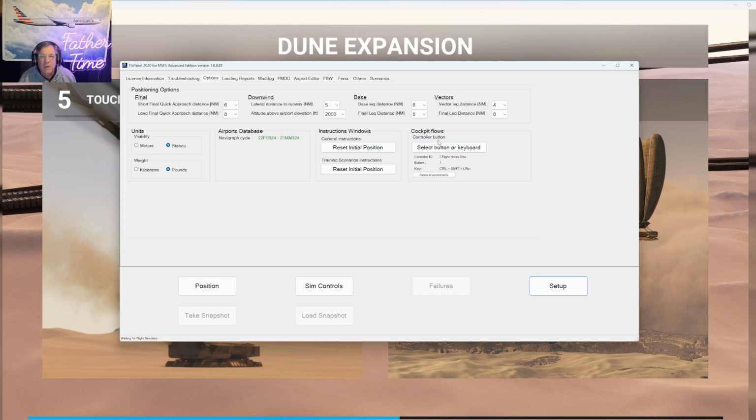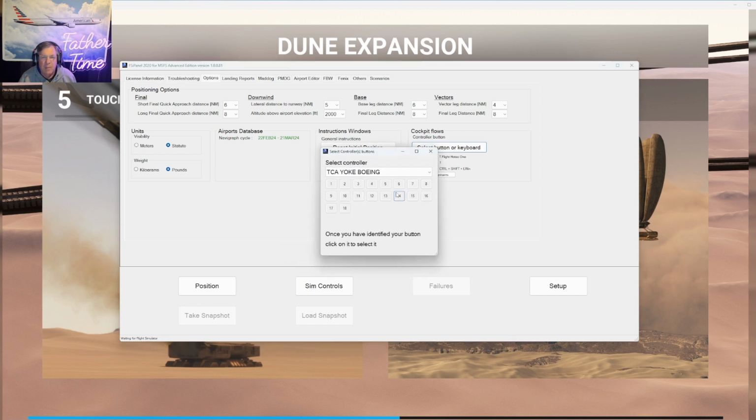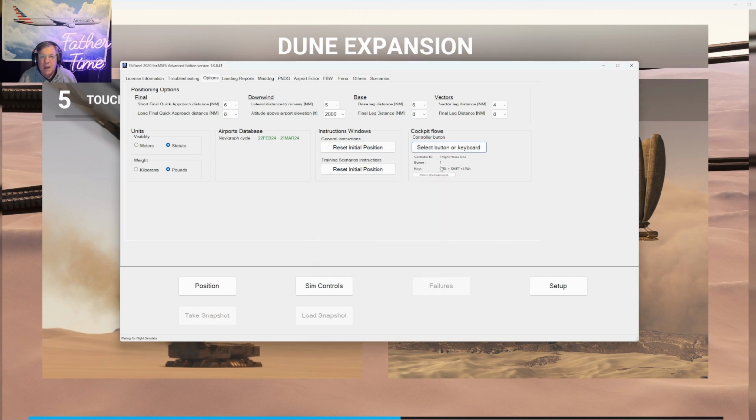Cockpit flows, you can select a button or keyboard here. Do you want to set a keyboard combination instead of a joystick button? No, because I've already set it up. I'm going to do this on the Hotas stick here. I'm going to do the trigger, and that's the one I want. What this does, guys, if you click on, in my case, the Hotas trigger, which is my nose wheel steering controller,